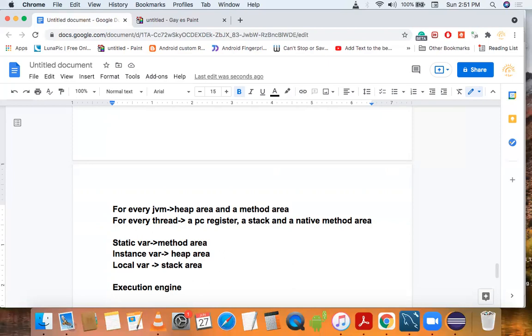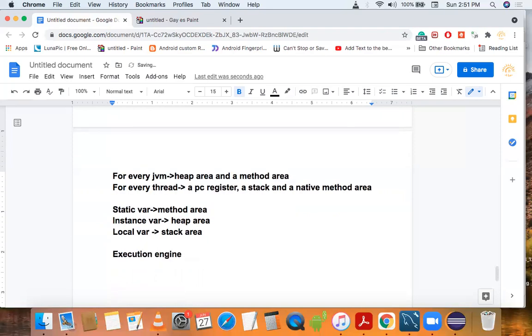Because it is responsible for executing a program, it has two components. The first one is the interpreter and the second one is the compiler.